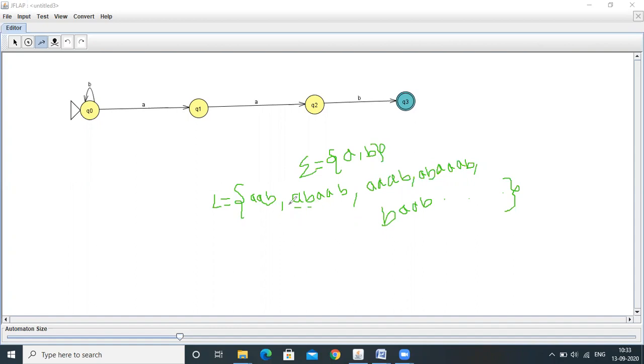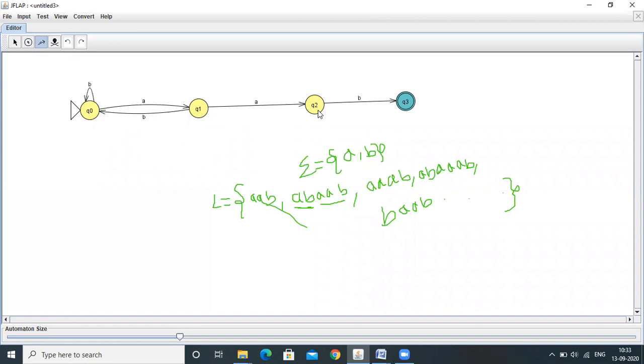Then we got B. After getting the B, again we require AAB, because all the strings ending with AAB need to be accepted. So to accept AAB, Q1 on B will come back to the Q0 state. Over Q1 also we defined the transitions.